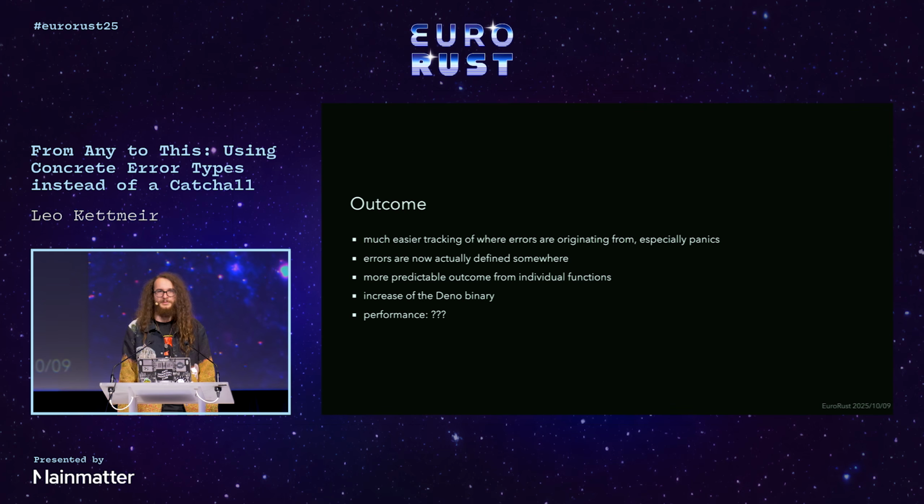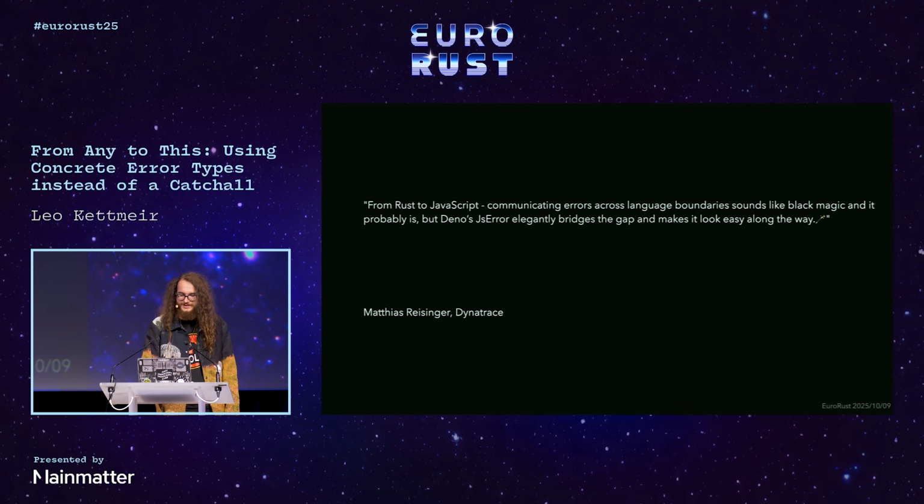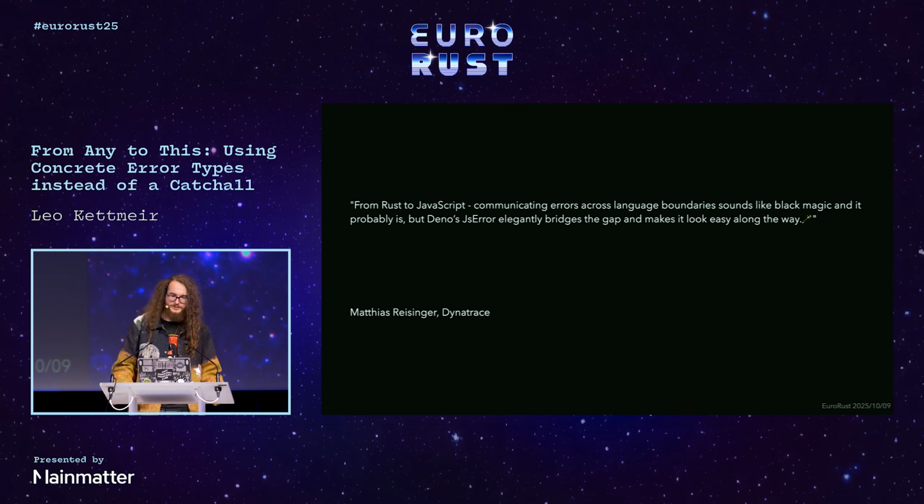And people from the company started complaining to me, you should have landed this in more smaller bits. It was already split up in like 25 different PRs across the single Deno repo, ignoring all the other repos, and I was like, sure, if you want, I'm going to spend another half a year. So no. But yeah, and then we have a quote from Matthias Reisinger